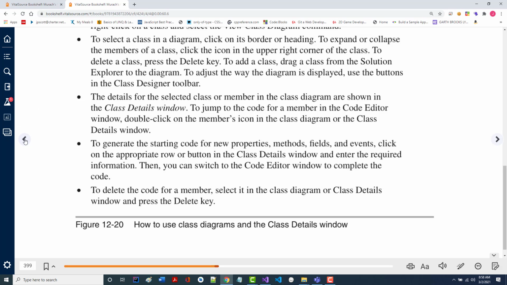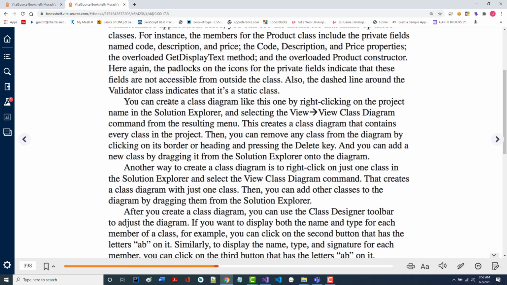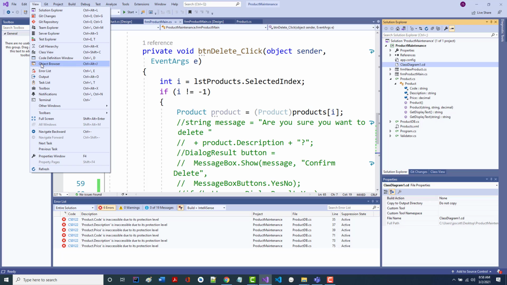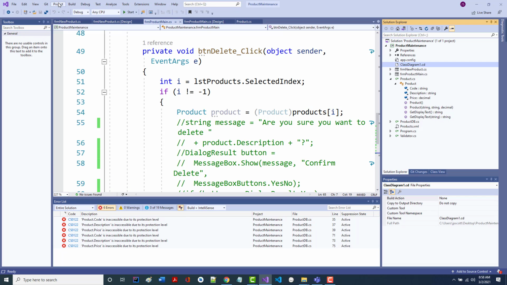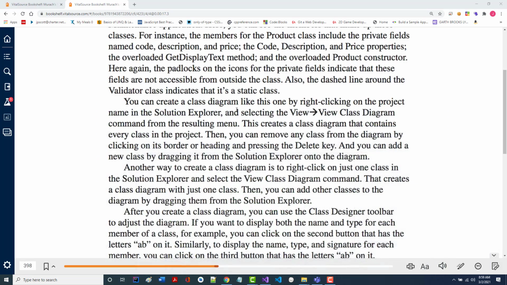I don't remember how to bring it up in here, but it says you can go to View Class Diagram, so probably it'll be just like we just looked at in View. I'm looking for it, didn't see it, but again, you can bring that up as well. I don't use that. Try to take a look for it during the break.